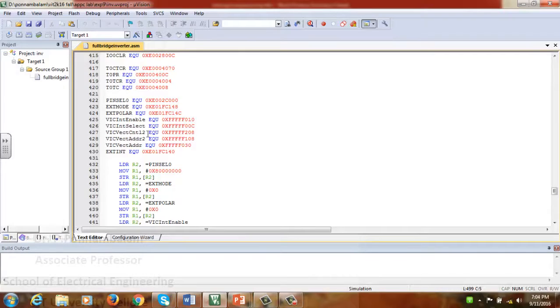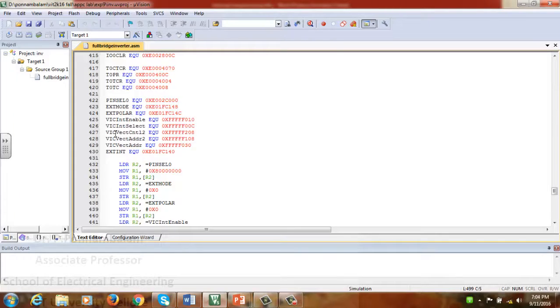Then the VIC vector control register, I will be activating the corresponding interrupt, and then the VIC vector address. Here I have used VIC vector control 2 and VIC vector address 2 because I am going to use external interrupt 2, because as mentioned in the video for the chopper, in the NGX Blue board, external interrupt 2 is connected to the push button switch.